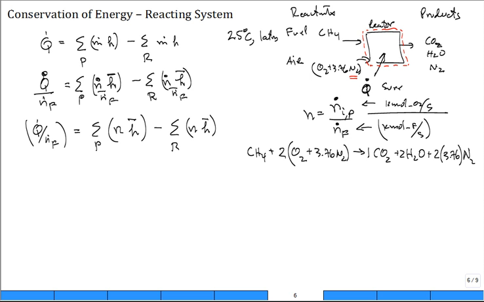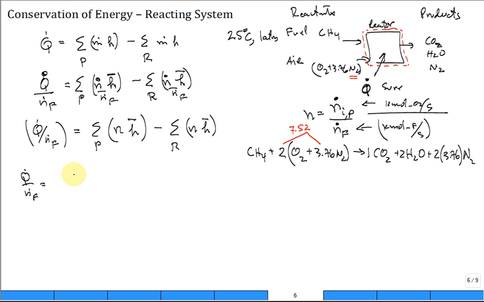Good. One thing is the product of 2 times 3.76, because we'll have to write that a few times, we can just write it once, and it's 7.52. That's that product, 2 times 3.76, 7.52. All right? So now what we have is Q dot over N dot of the fuel is equal